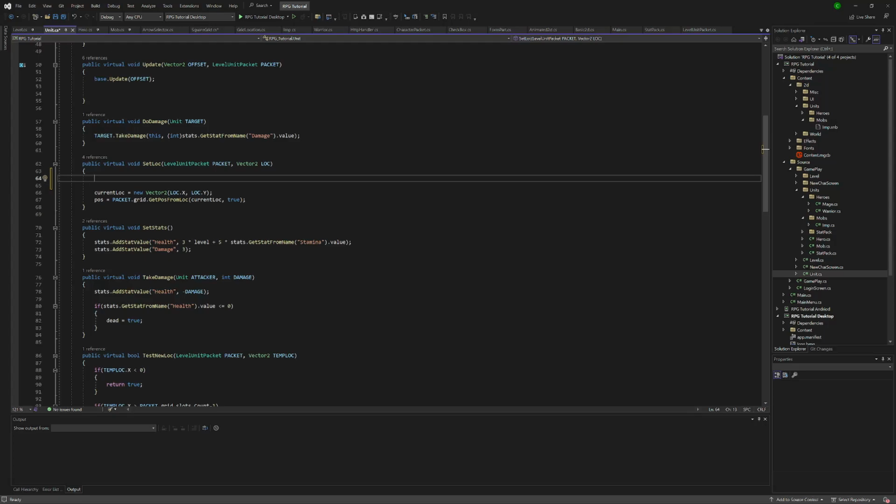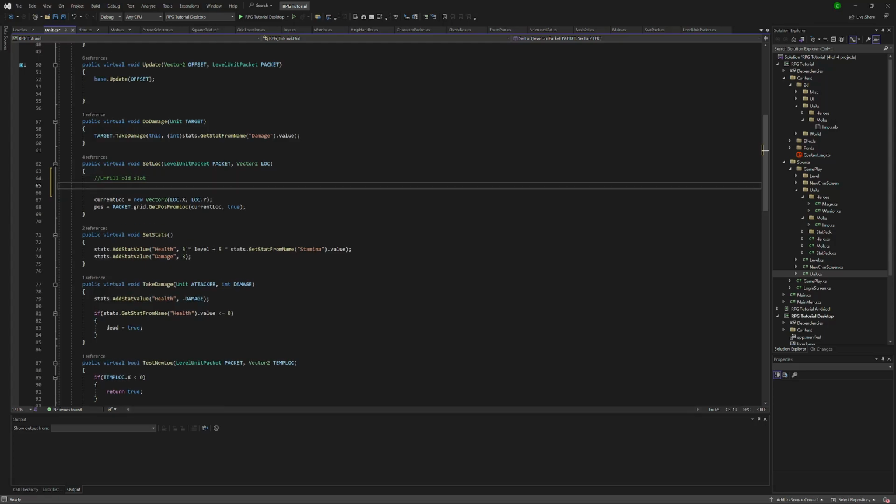Okay, in unit, what we need to do is unfill the slot that we used to be in, and then fill the slot that we are moving into. So say unfill old slot, and that's going to be packet, because that's holding our grid in there. Grid dot set slot fill, there we go. Our new one, and then we have current loc because we haven't moved it yet, and then we have false, so not filled, and then we have